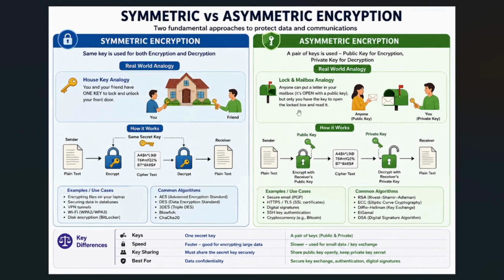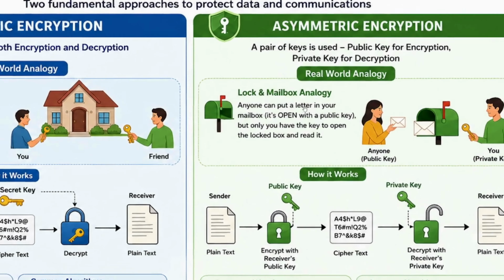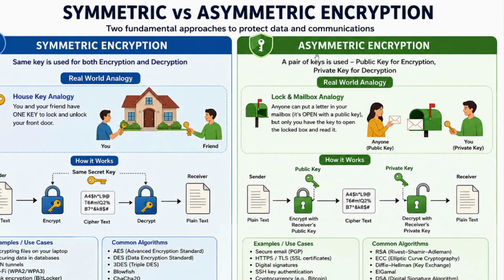Now coming back to the other part, which is asymmetric encryption. Why is it asymmetric? Because there are two keys. Which are those two keys? One is the public key and one is the private key. Using the public key, you can do the encryption. Keep that in mind. So how do you encrypt the plain text? Using the public key. The public key is available to anyone.